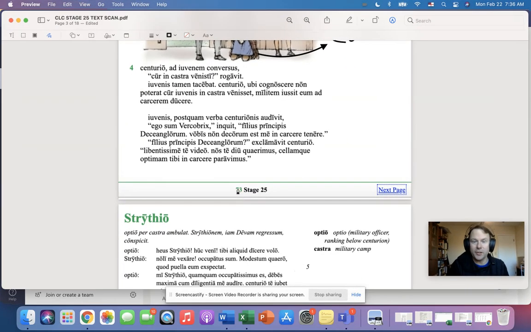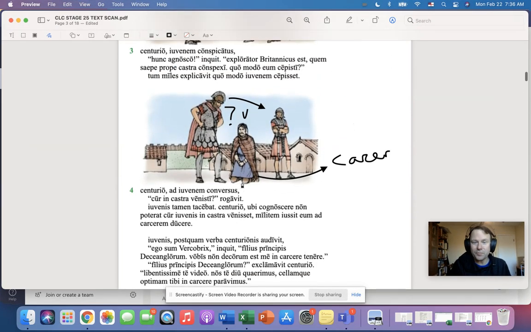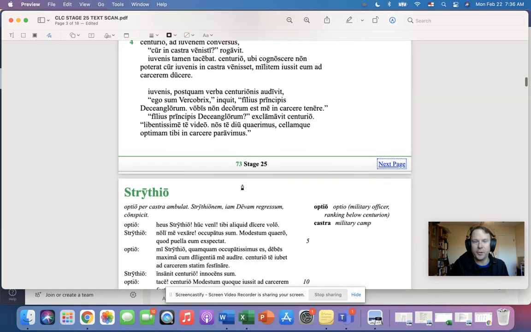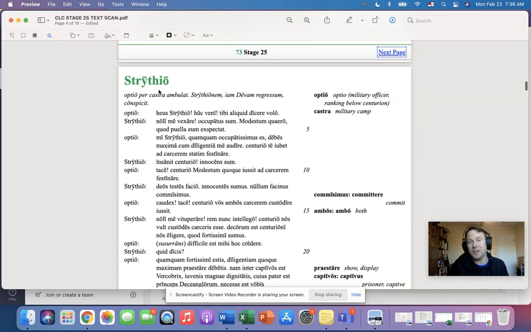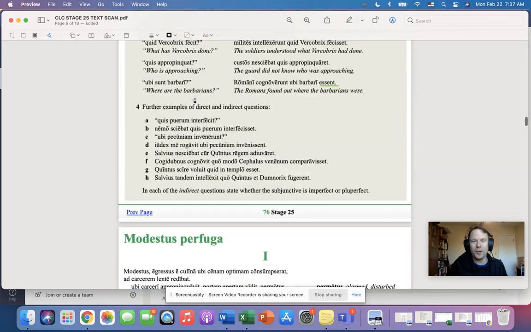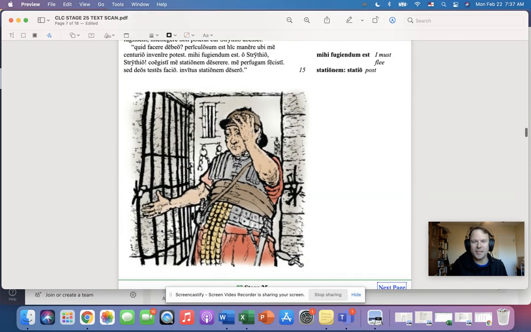I hope you understood what was going on in those model sentences. Those are about the longest model sentences, I think, ever in all 40 stages of the Cambridge Latin Course. But it's a good preface to what we're going to read here with pretty much the idiocy of Strithio and Modestus. I wonder if that gives us a little bit more context for this. Oh, okay. Well, everybody, we're going to find out. I hope you have a great day. Take care.